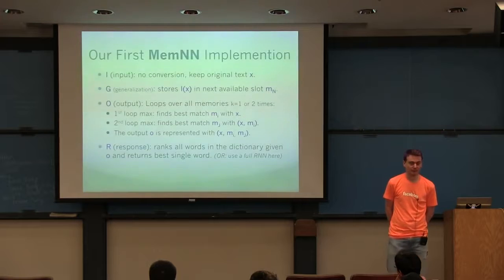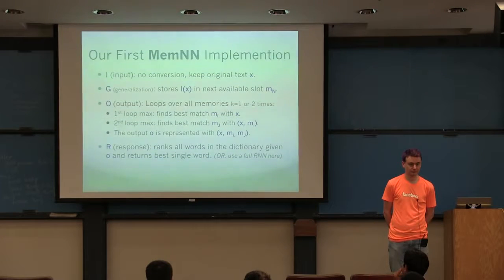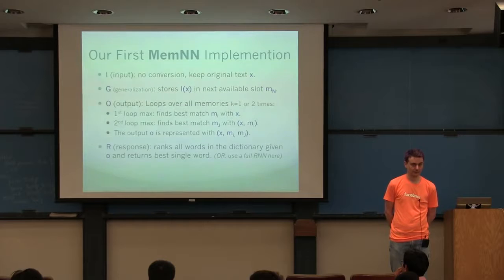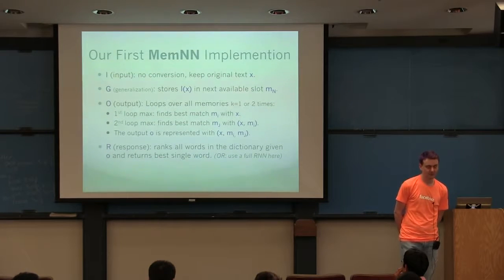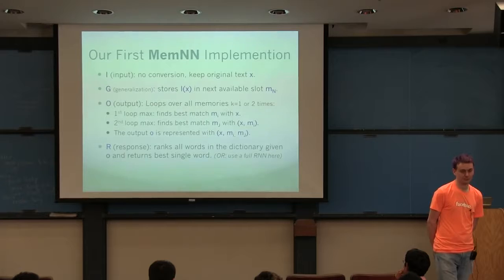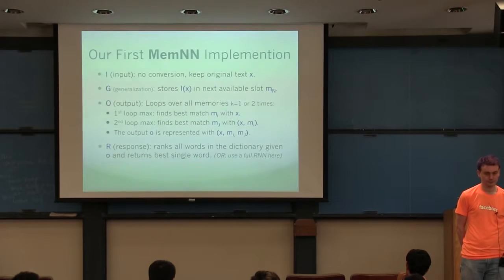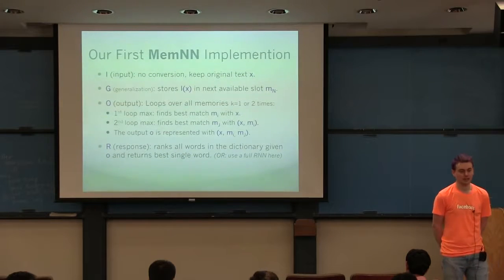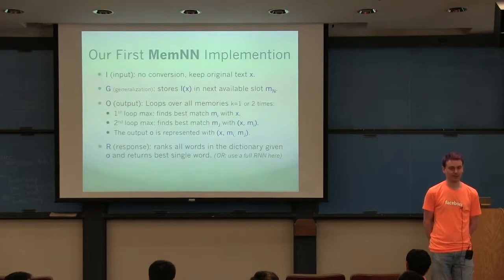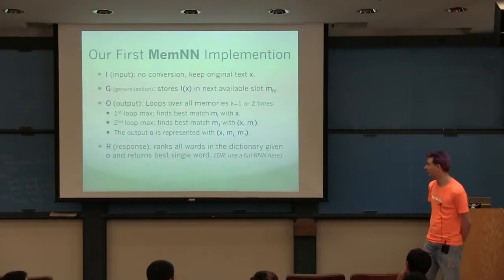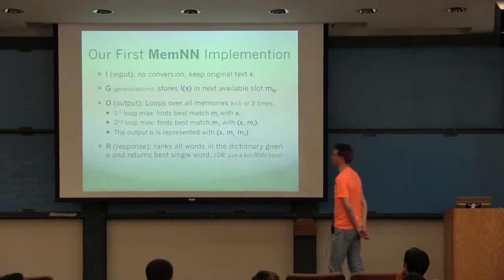Another question: in going through these facts, how do you handle it if the thing you are asking for changed? You need to take the last fact into account. For example, one of the facts is John is in the kitchen, and then John is in the bathroom, and the question is, where is John? Yeah, you need to take time into account. I haven't got to that yet, but I will.